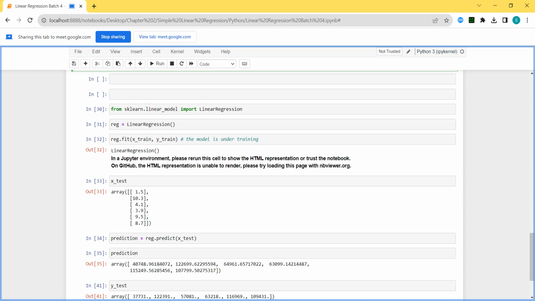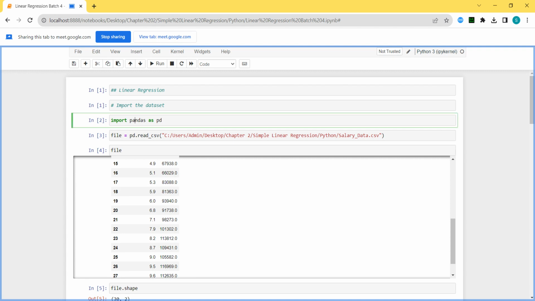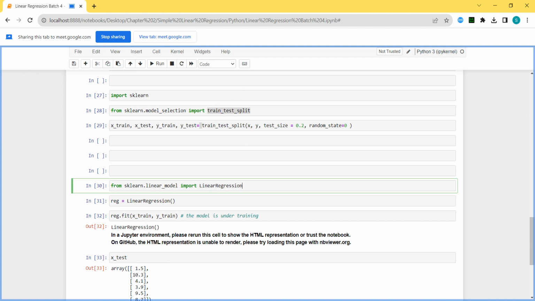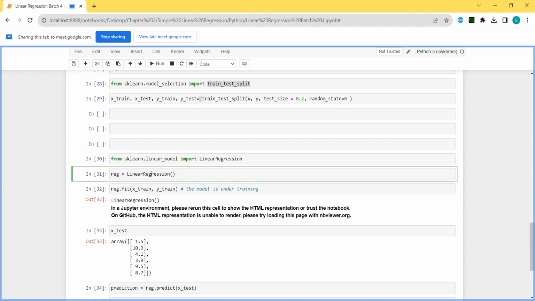And then with the help of linear_model, I have imported a function called LinearRegression. Just as we imported pandas and stored it in a small variable, similarly I have imported the function LinearRegression. Instead of always writing LinearRegression, I will store it in some variable. This is my choice: reg, lr, anything I can write. And then with the help of the fit function. Fit is the function where the model is actually trained. In this one line, my model is undergoing training. My model is learning. So here your entire machine learning is happening.